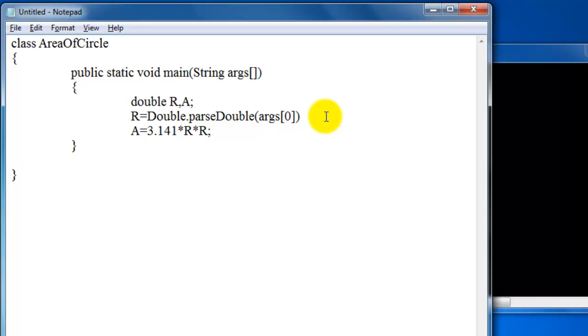Even though we can use some inbuilt methods, at present we are not using any inbuilt method; we are directly putting the value in the formula. So now our area is calculated in a. Just print the value of a, System.out.println, area of circle is equal to plus a.